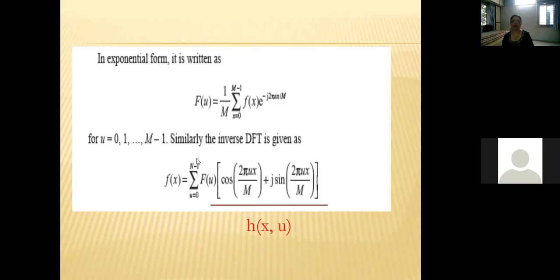Okay, so here there is a correction in this equation. This has to be m and not n. So please consider n is the same as m. It has to be m minus 1 and not n minus 1. So there is one correction. Replace this n by capital M. And M represents the size of your input vector as well as the size of your transformed signal. Okay.